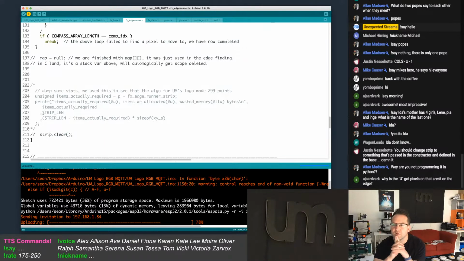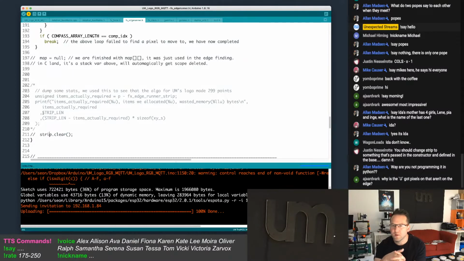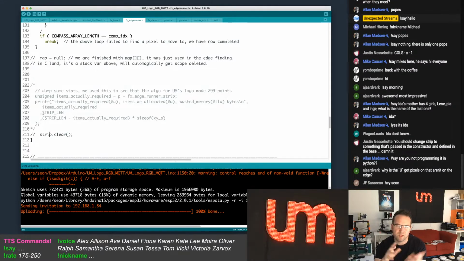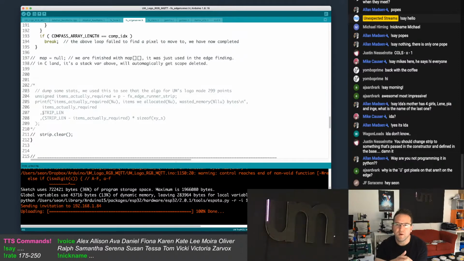I didn't clear it first. Hey AJ, I didn't clear it. So there was a previous effect there that I didn't clear. That's all. So that way I can swap it out with RMT or other things later. Right now it drew this before, AJ, and then it ran your effect without a clear.